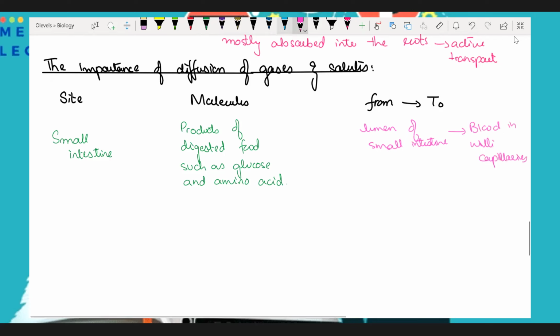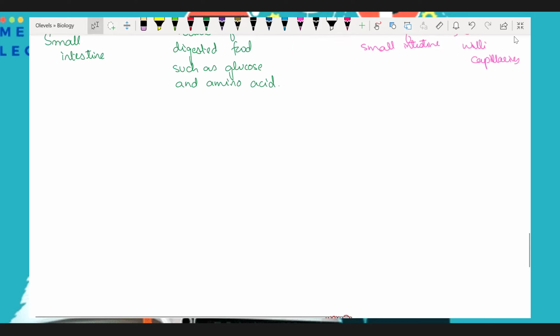Let me draw that for you. For example, consider this is a lumen of small intestine, right? And here we have the villi. Have you seen this image before? Yes. Okay. So, for example, inside the lumen, you had